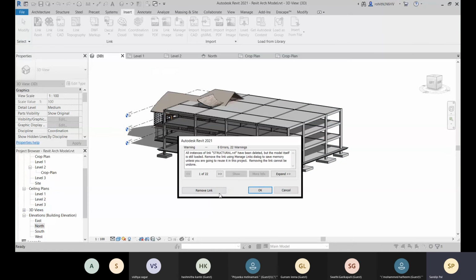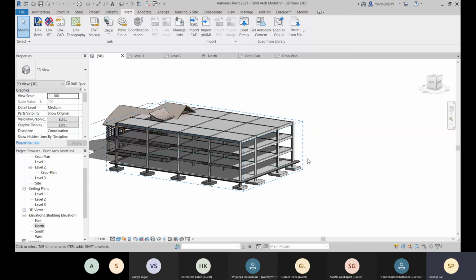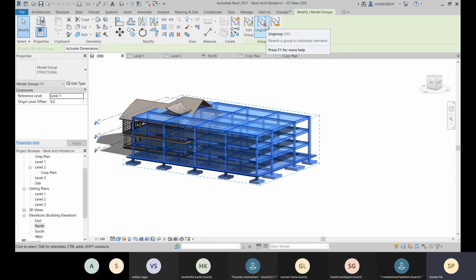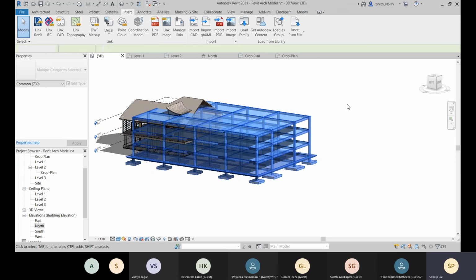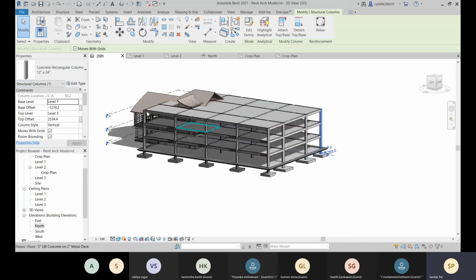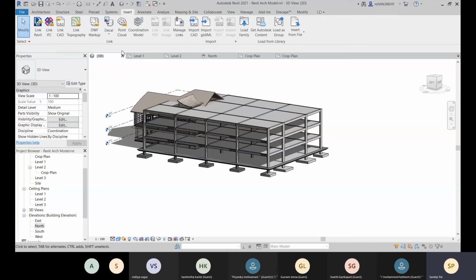Alright, so that is right now done. So there is some link present. So now just remove this link, and that is right now under a group. Okay, all the elements under a group, and you can ungroup them as well. You select it and you can go for this ungroup, and now you can have control over all the elements as a Revit component. Alright, so this is how you can, and now you can save it. So this will be your federated model for architecture and structure.